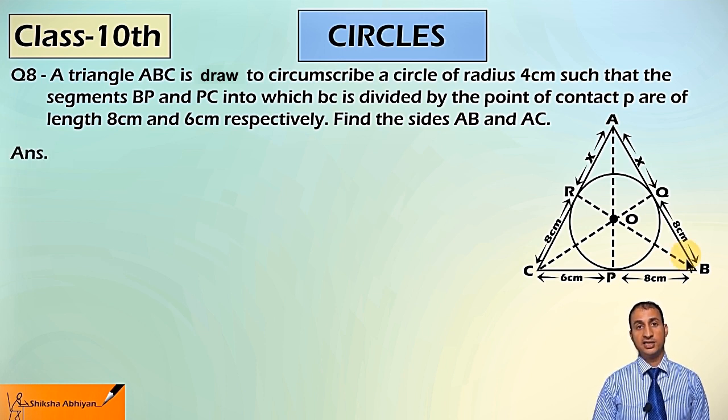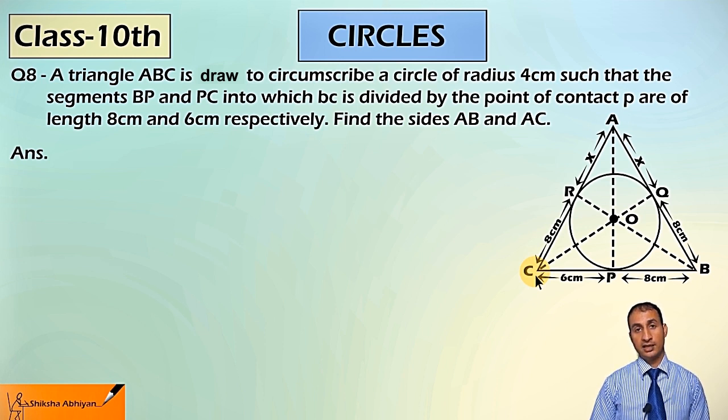स्टूडेंट, ट्रायंगल ABC के अंदर ये सर्किल सर्कमस्क्राइब है और P, BC वाली साइड पे इसका पॉइंट ऑफ कॉन्टैक्ट है। अब CP is 6 सेंटीमीटर और BP is 8 सेंटीमीटर, तो ये टोटल 14 सेंटीमीटर की साइड है BC. हमें अदर टू साइड बतानी है, यानी AB और AC कितना होगा।